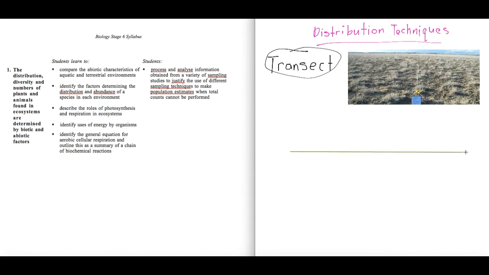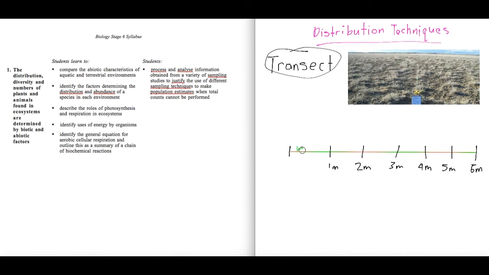So the study is done by moving along the line and basically noting and recording which species are located at each point. So for the example that I've drawn below, you can see that there's a marker found at 1 meter points across the area being studied. So you would walk across that line and draw any of these species that are found at particular points along